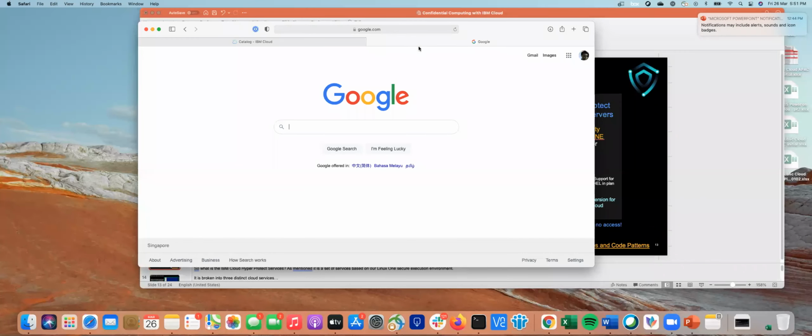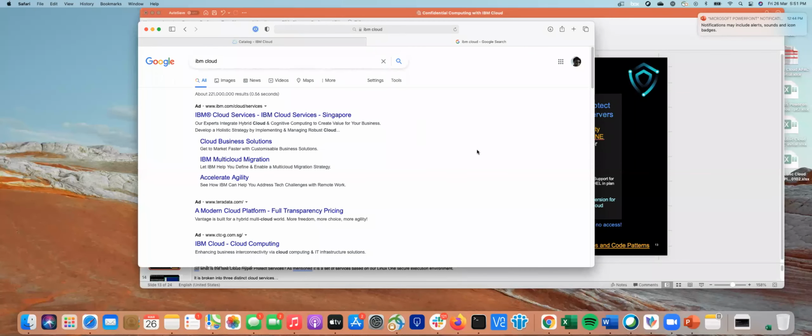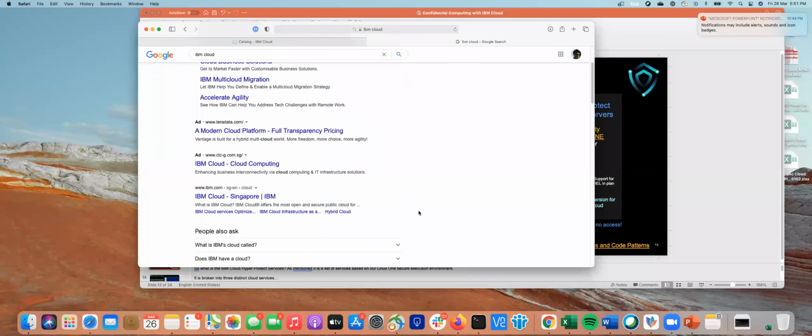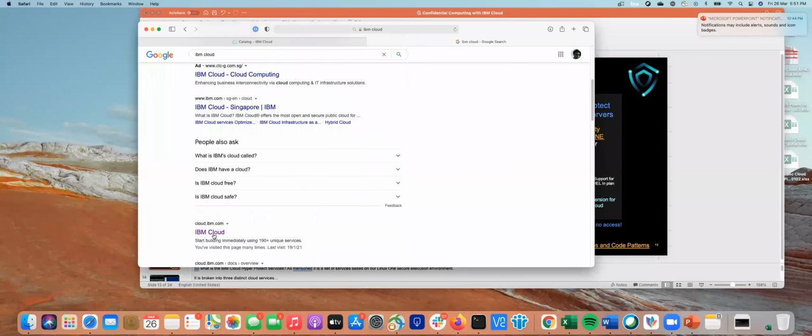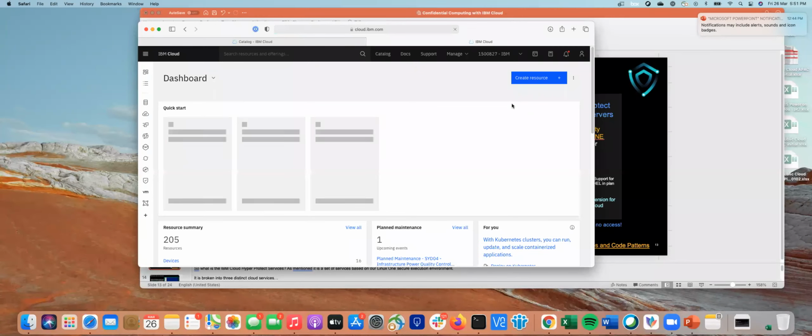All right, so for those of you who have never seen IBM Cloud before, you can search for IBM Cloud and get access to the IBM Cloud console here. So you can log into IBM Cloud, and there are many, many services available on IBM Cloud. I think Kun Surawit earlier showed the many different services. So if you click on catalog here,